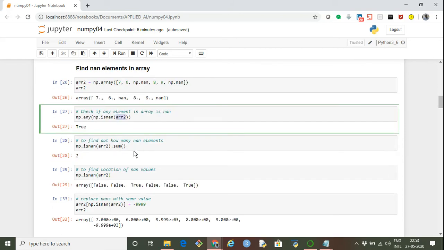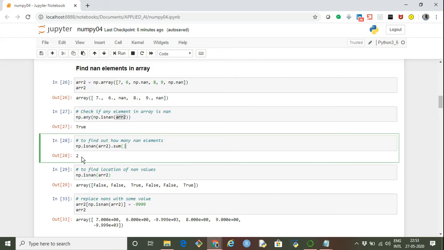Now to find out how many elements are actually nan, we can simply do np.isnan and the array name and sum it up. It will give you the number of elements which are not a number in this array. In this case, we have 2 nans, so the output is 2. We can also find out the location where the nan values are present.